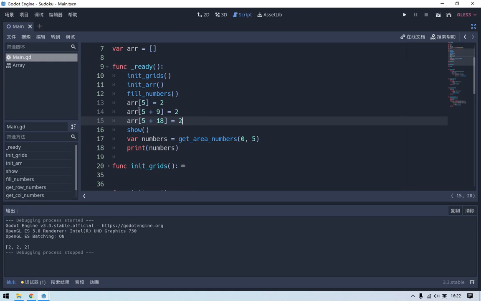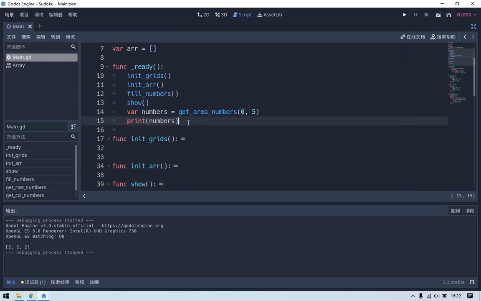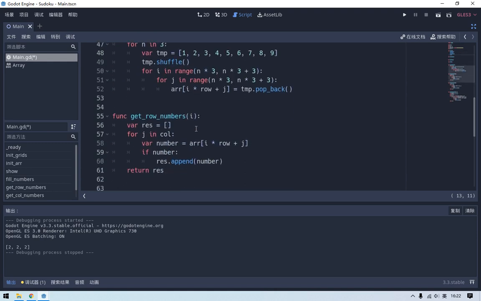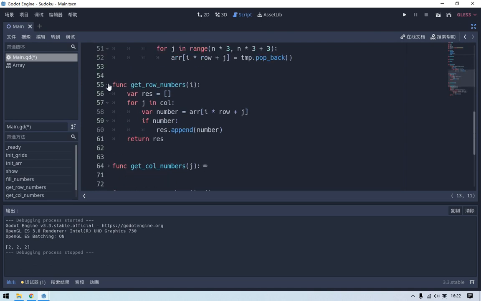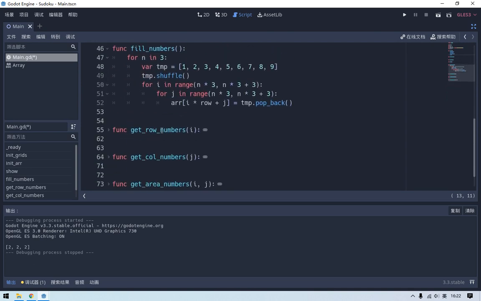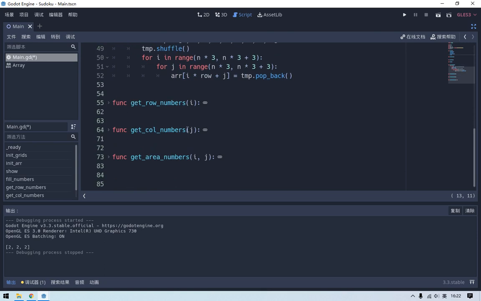So now I define these 3 functions to get the row numbers and get the column numbers and get the area